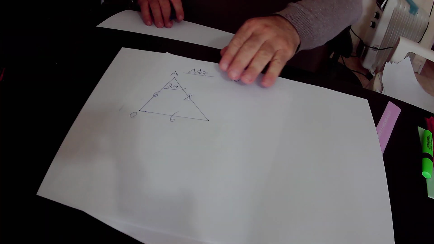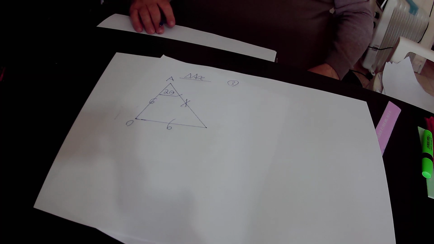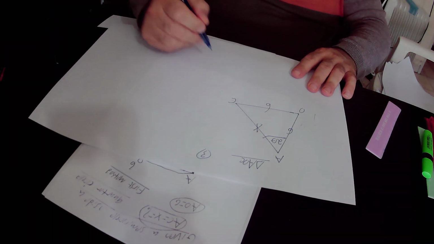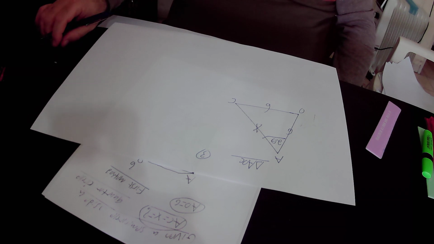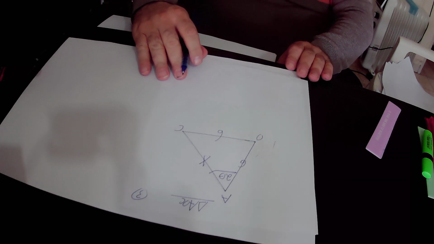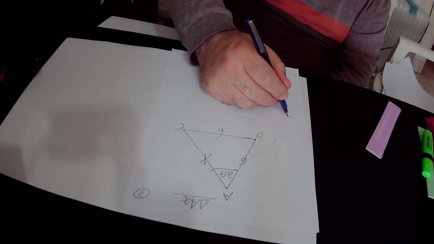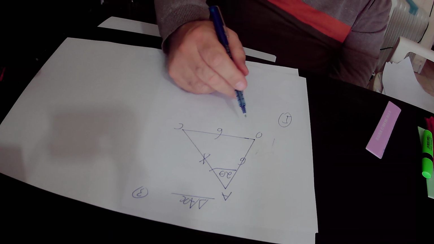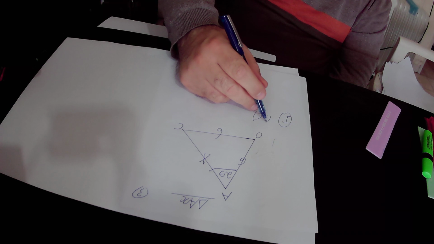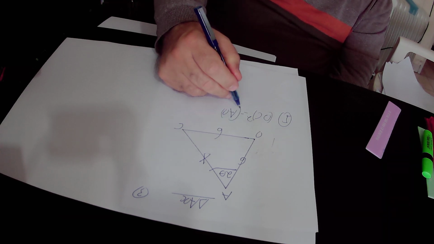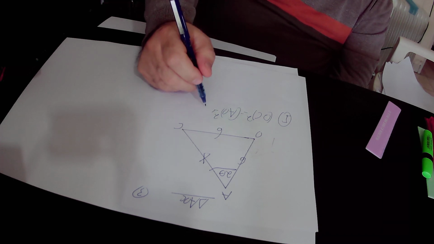So this is triangle AOC that I copied from the original drawing. Now we will apply the law of cosines in this triangle, triangle AOC. According to the law of cosines, this will be equation number 1, we get that OC squared equals AO squared plus AC squared